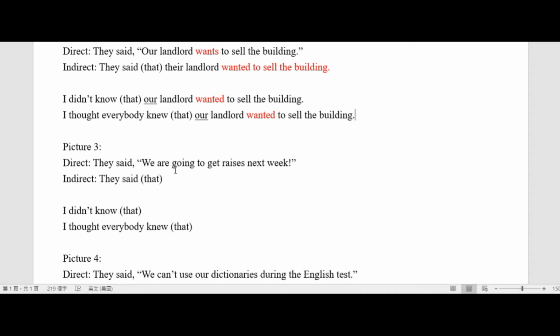Picture number 3, the direct speech for picture number 3 is, they said, we are going to get raises next week. The indirect speech will be, they said